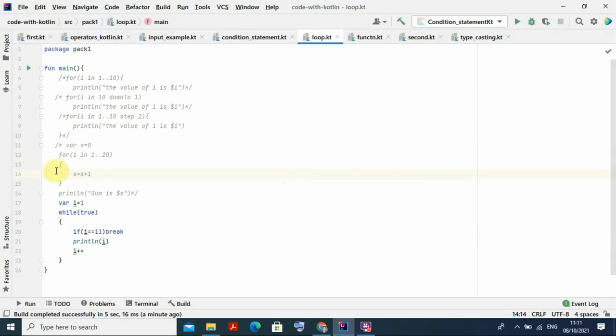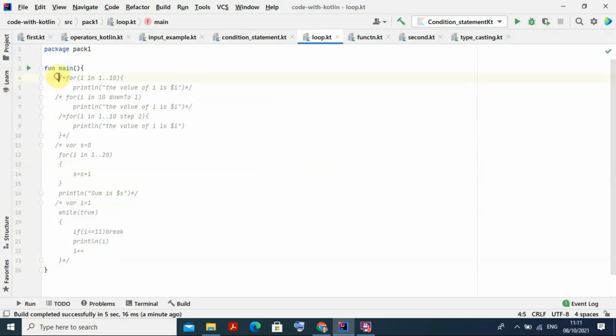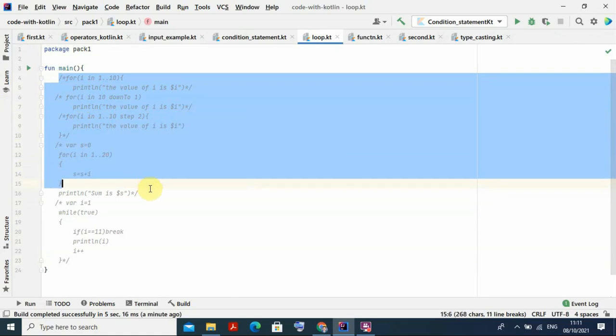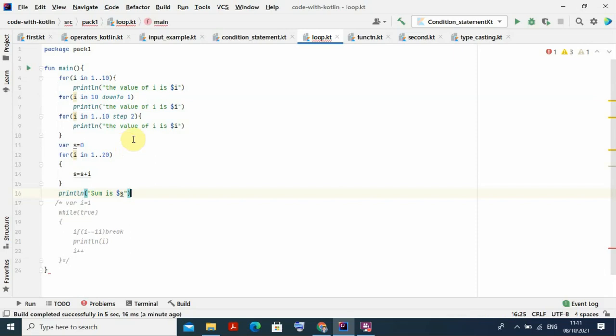I am using the for loop here. Initially I will be going with the for loop, then I will be going for the while loop. Now let me close all the things here with Control Shift and this one. Now all the things are collapsed. Now let us see, I am using this for loop. My package is pack1, and I am going for a function, and my file name is loop test.kt. So now I created a main function, main. Here it starts, because the first time it will start executing only here.